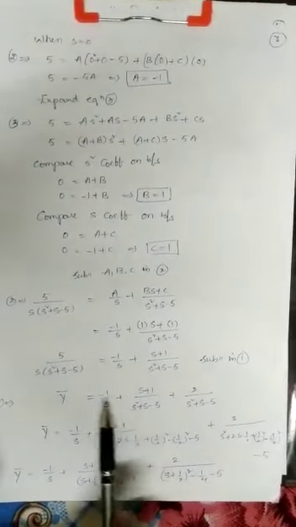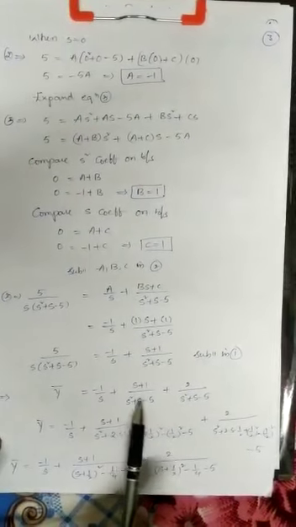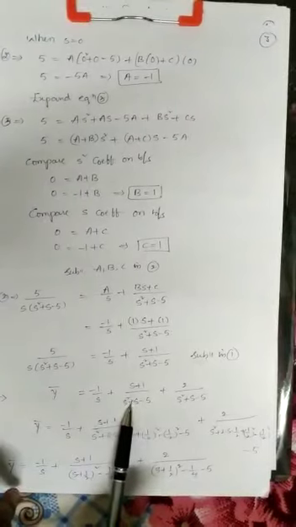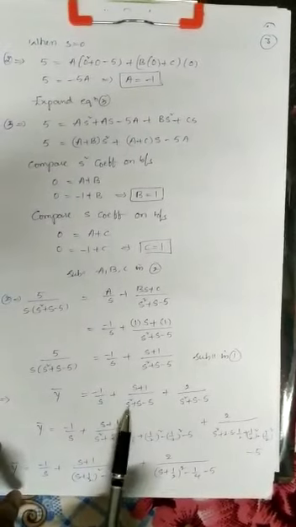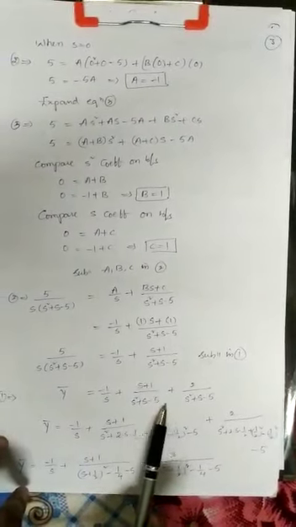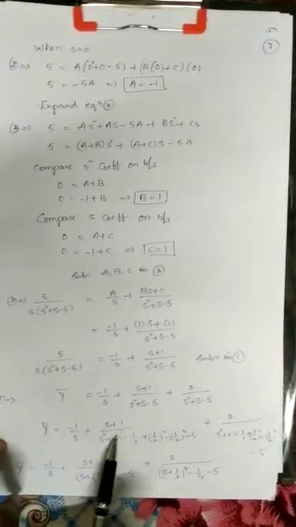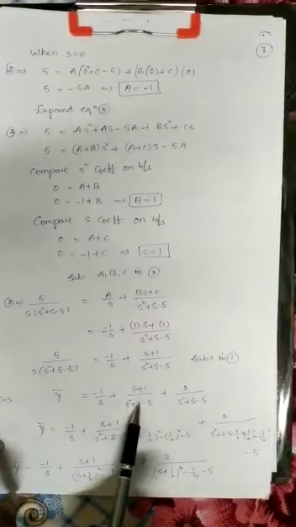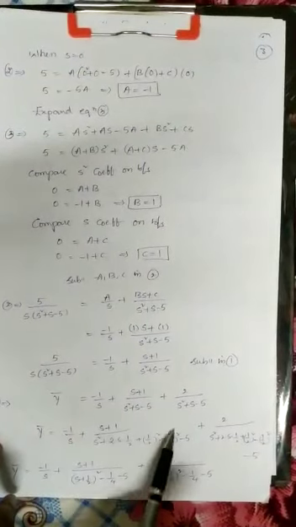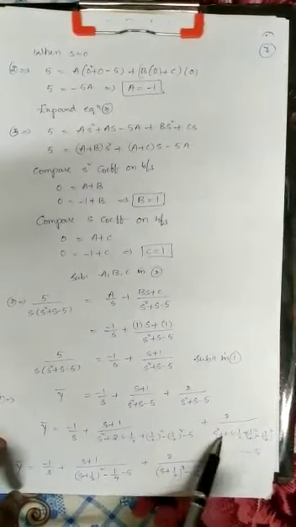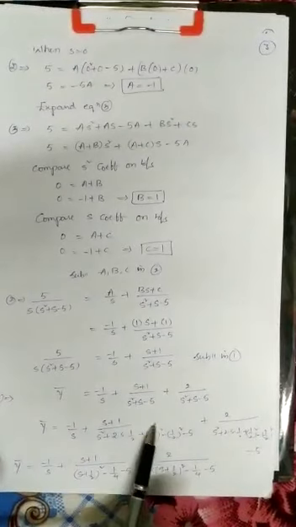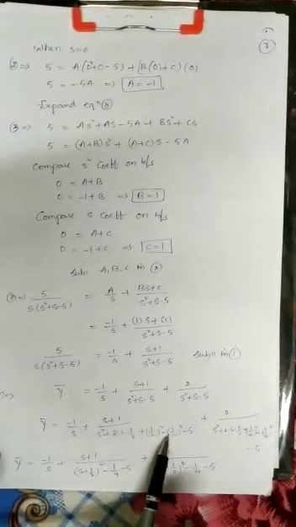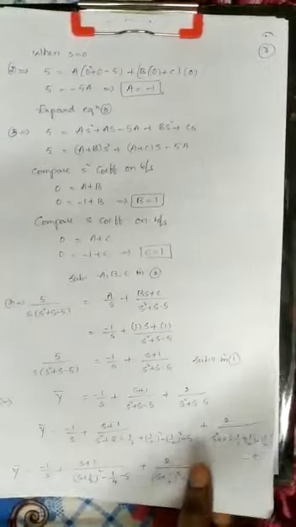Next, to apply inverse Laplace transformation, it is not in any standard form, so convert it into standard form. Write it as a sum of squares, a square plus 2 into a into s into b. What will b be? 1 by 2, because we have to get s only. Then plus b square minus b square and minus 5. Similarly for this term also. Then it is in the form of (s plus 1 by 2) whole square. Then simplify it.